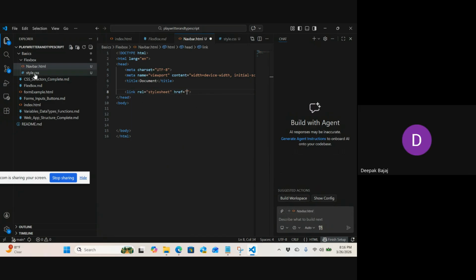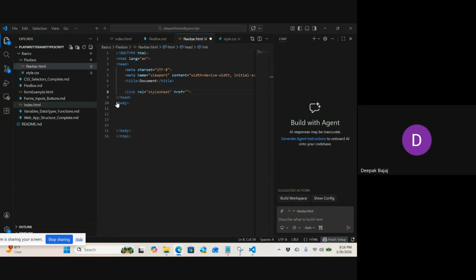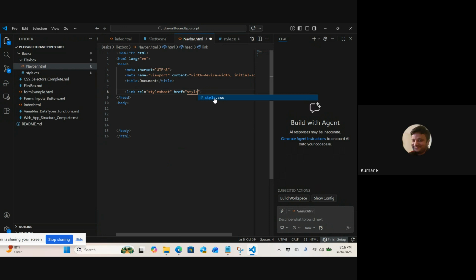This is a reference. You will use style.css. You will get it there only. Do as tab. Yes, style.css. And now, what you need to do, whatever content you are able to see in your theory part,